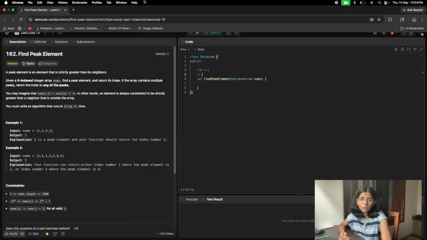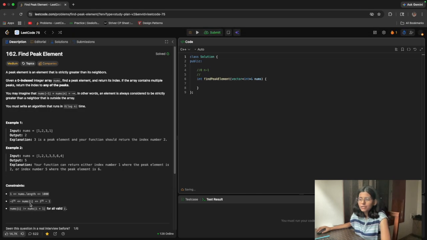What if we have just one element, like a nums vector of size 1? In that case we'll return 0 only, because that is greater than minus infinity, because they have given that nums[i] will be greater than or equal to minus 2 to the power 31, and less than or equal to 2 to the power 31 minus 1.